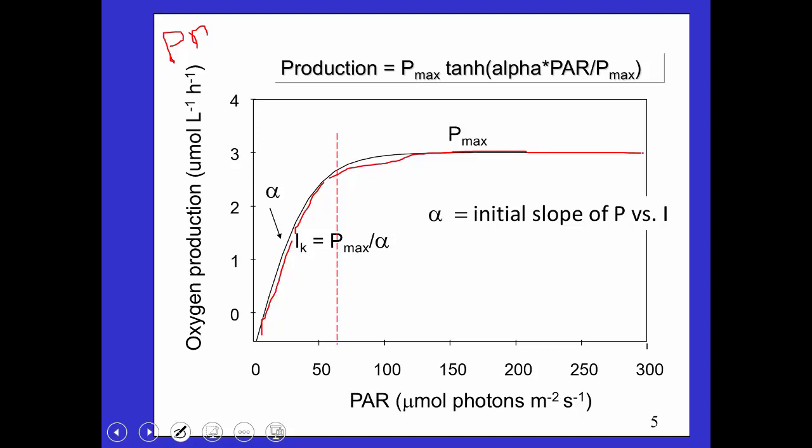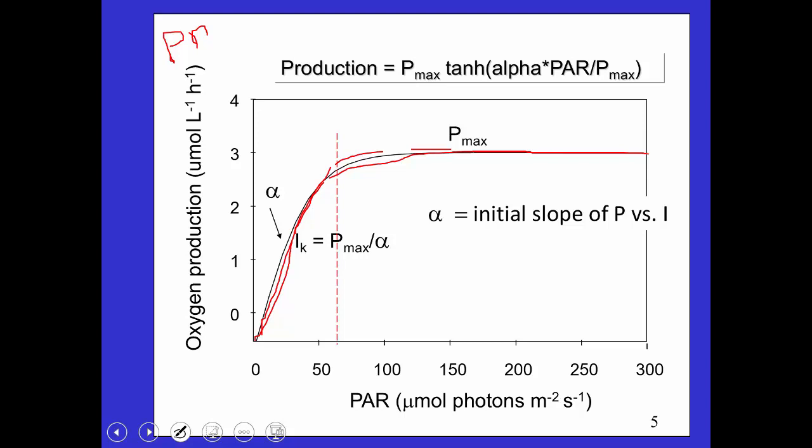And this general shape of the curve is very common in ecology and in marine biology. That is, things tend to go up with the property, and then they tend to level off. We're going to see this in a minute with regard to nutrient uptake. We're going to see it later with regard to grazing, and here we're seeing it with regard to light and